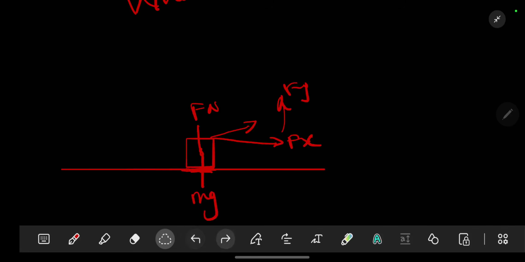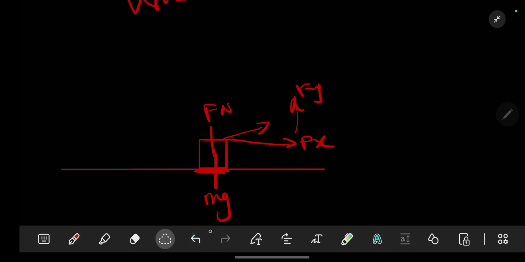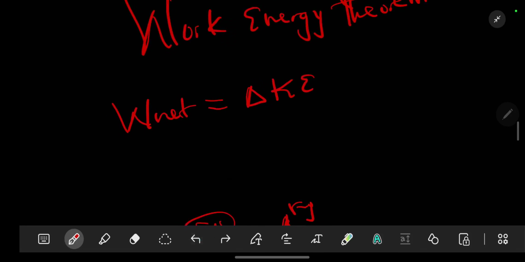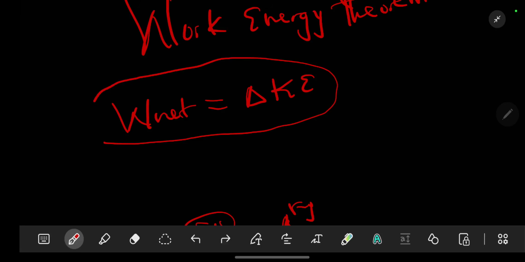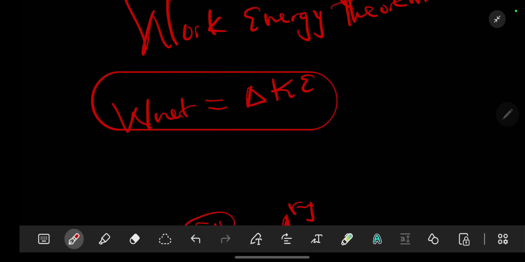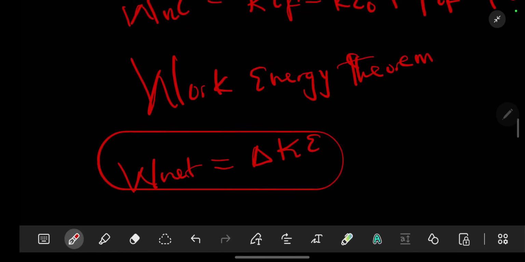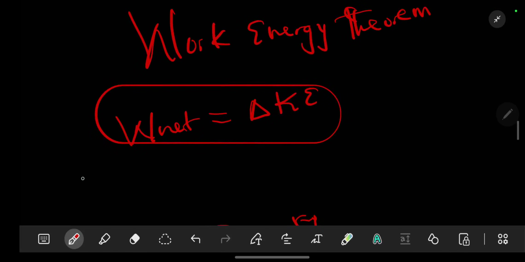All the works, how it is moving from one side to the other, what the gravity is doing, what the normal force, what the force in the y is doing, what the force in the x, if you add all these works, they are the ones that cause motion. So that is what we refer to as net work, equal to the change in the kinetic energy. That is basically what the work-energy theorem is. So the net work done, or the total work done, is equal to the change in the kinetic energy. With that said, let's